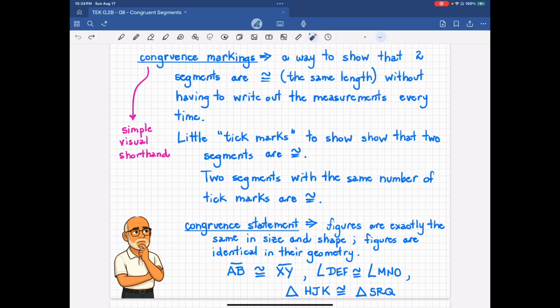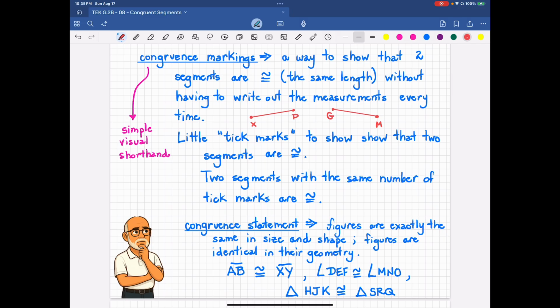Our next definition is congruence markings. Congruence markings are a way to show that two segments are congruent, meaning that they have the same length, without having to write out the measurements like you saw in the last example every single time. So if I have a line segment XP and I have another line segment GM,